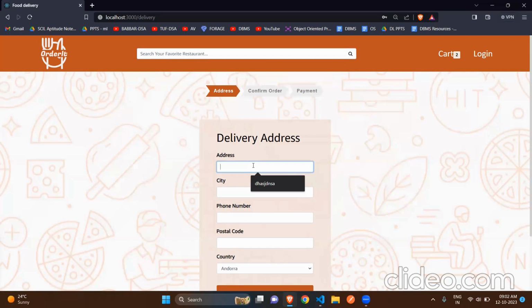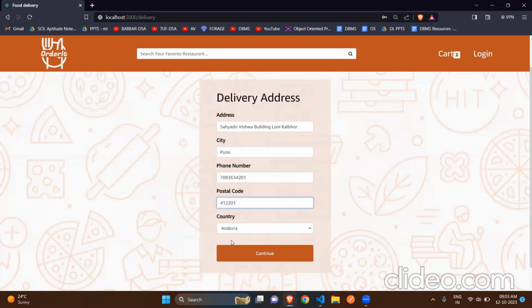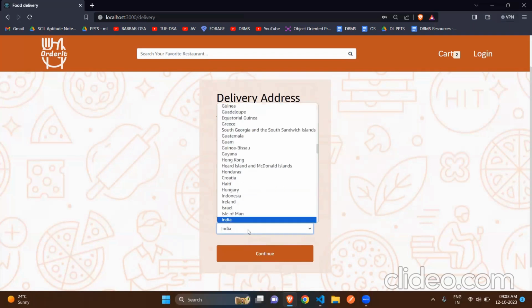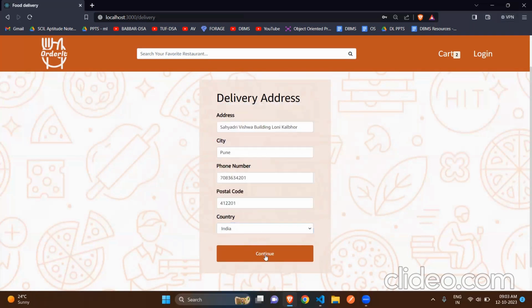So I'll just write my delivery address, say Sahyadri Vishwa Building, Loni Kalbhor. Then they ask for city, which is Pune, and I'll write my phone number. Then the postal code of Kalbhor, and then I'll select the country as India. And then once I click on continue,